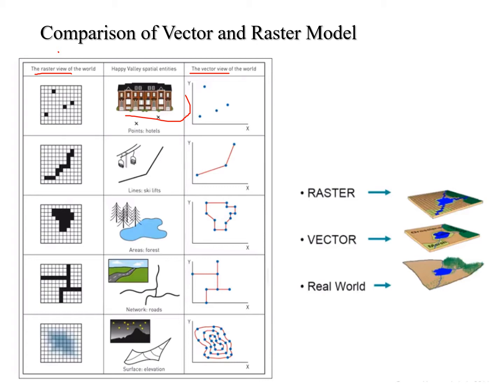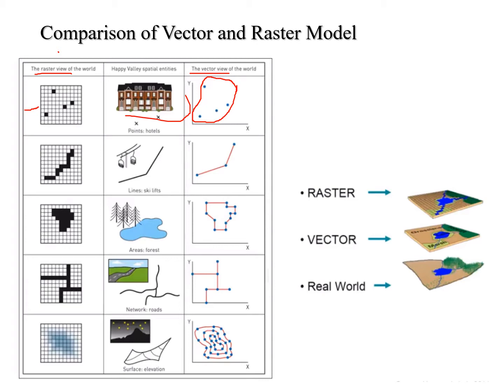For example, a geographical location of any hotel or different hotels in a particular region. So you can see the geographical distribution of all the points, and the same has to be represented here in the raster form. So there, raster is nothing but the points themselves, but they are expressed in pixel form.